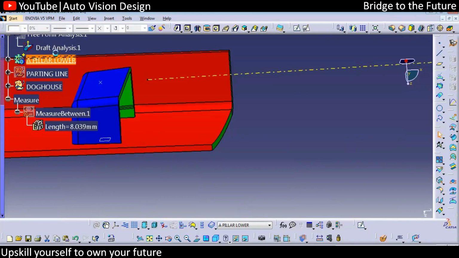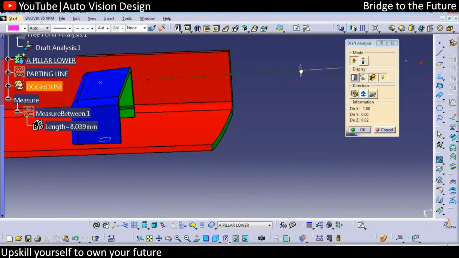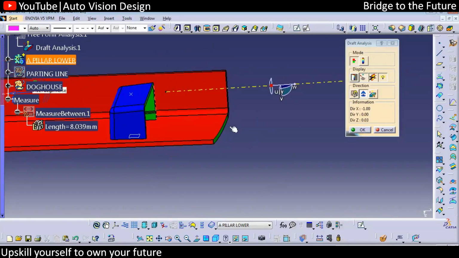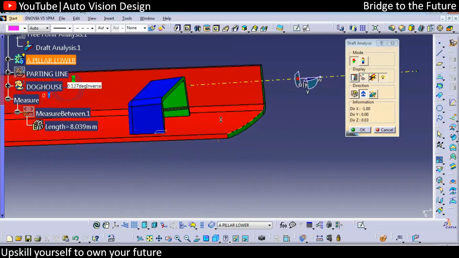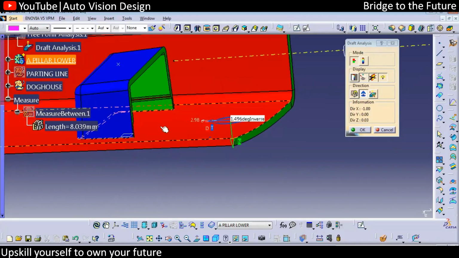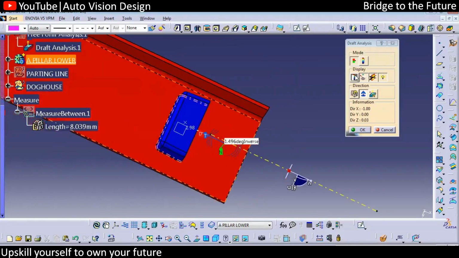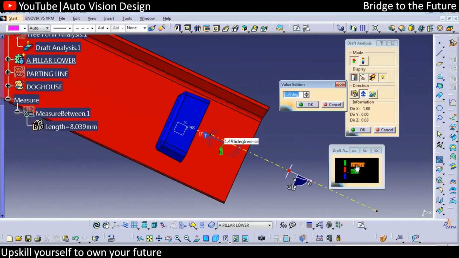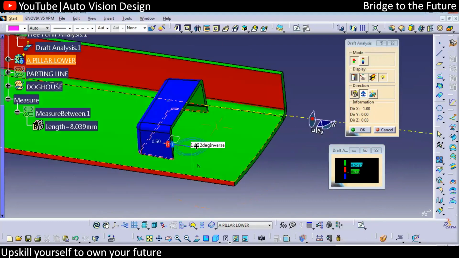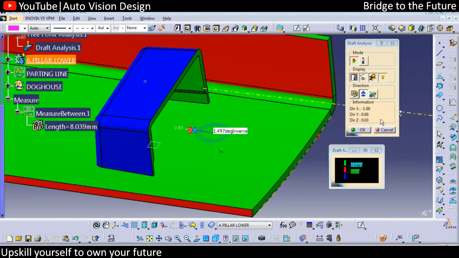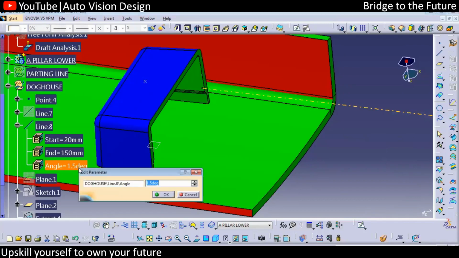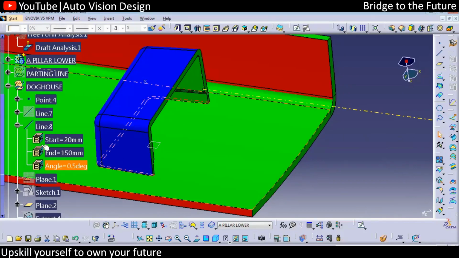And now we need to do the draft analysis again. Always select twice. Sorry, we need to go down, something like this. We need to check for the 0.5. Sorry, it's already there, 1 degree. So we need to check for the 0.5. It's already there, so it's already 1.5. So we can subtract this. It's only the 0.5 gap we required. Okay, so 0.5 degree will also be fine.